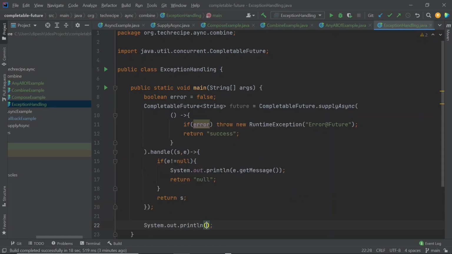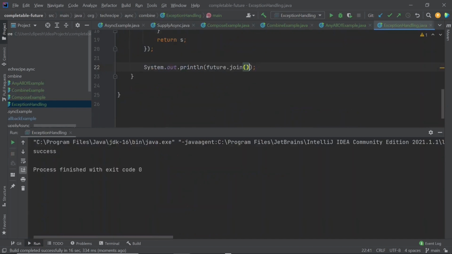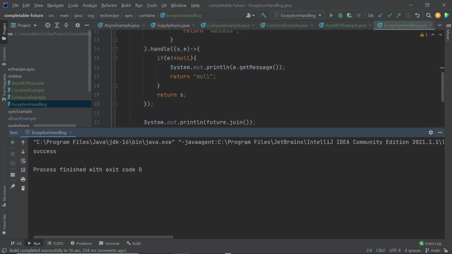Now let's write future.join and print to the console and see how this code works. So I'm running it now. So you can see in this case it returned success because error was false.